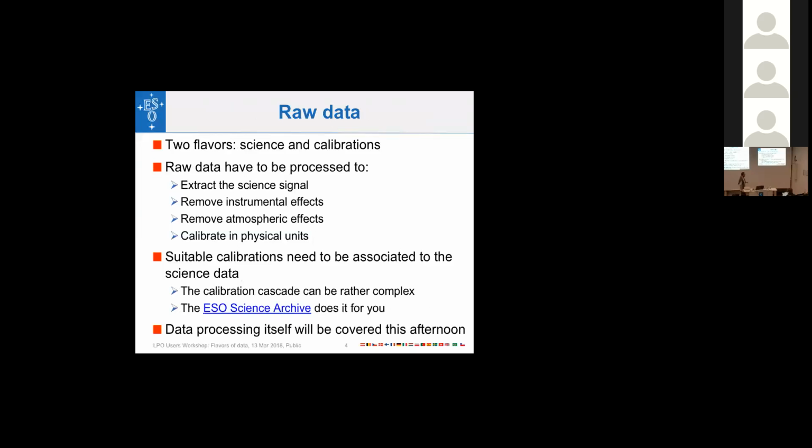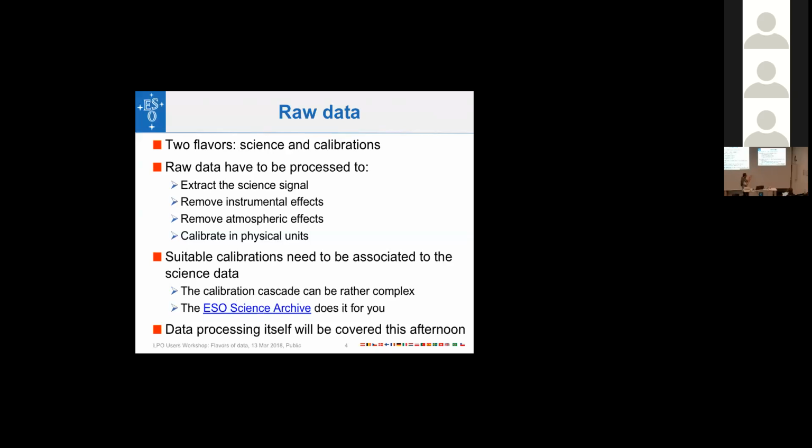Let's talk a little bit more about raw data. By raw, I mean the things as they come out of the telescopes, okay? And they essentially come in two flavors, since it's the topic of the presentation, the flavors of data: science and calibrations. Science is the thing you're most directly interested in, but there's nothing you can do with science data without calibrations. Okay, so the two things go together, because raw data have to be processed to extract the science signal, remove whatever instrumental effects the instrument and the telescope have imprinted on the data, remove whatever the